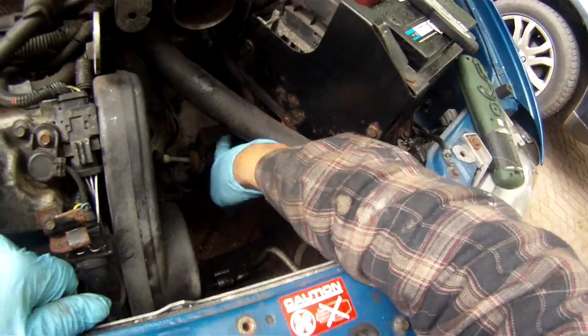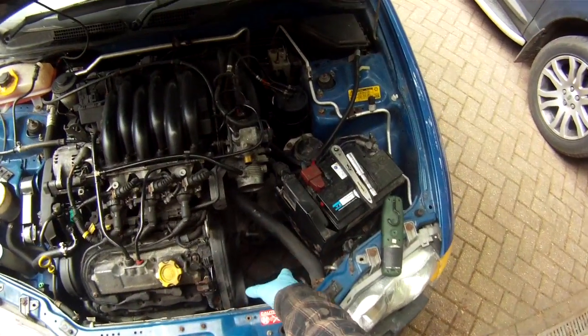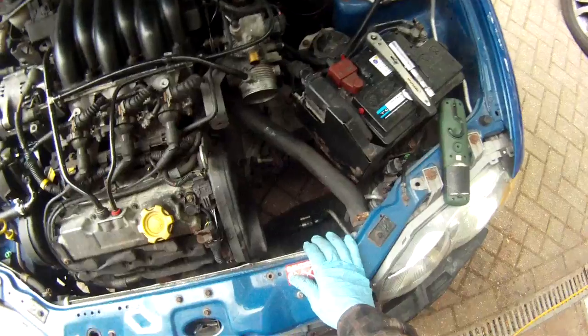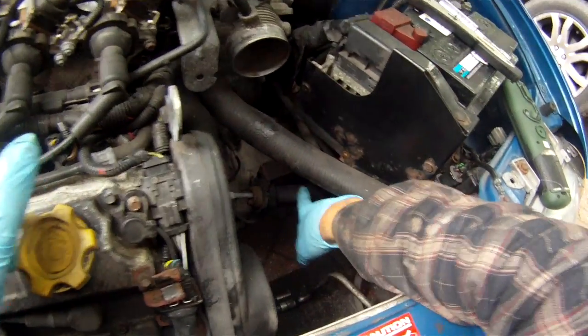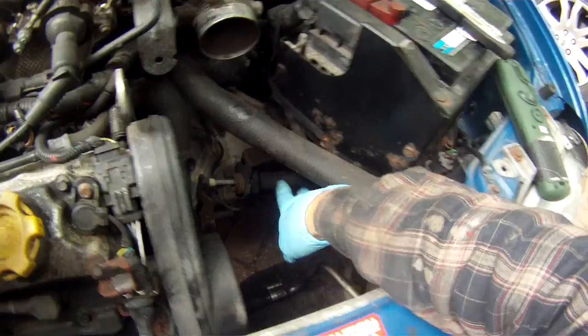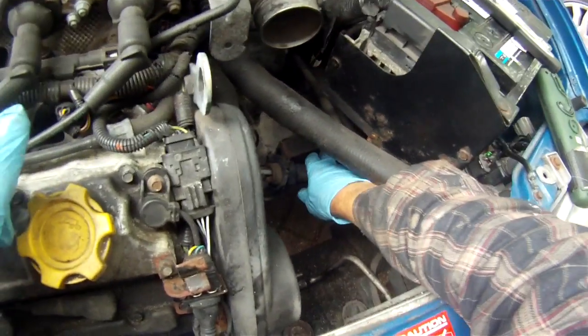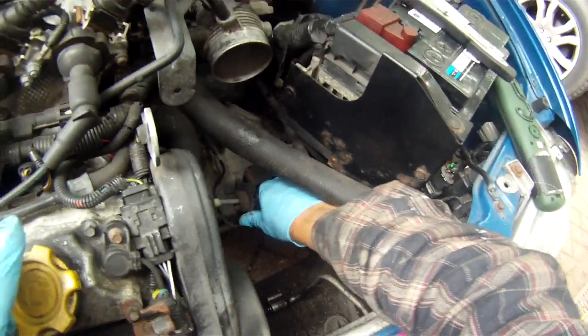It's basically this bracket. So if we just zoom out a minute, this is with the air filter box and inlet tube removed, air filter removed, and you then get access and see the clutch slave cylinder, which is this thing here. This one is actually not too bad, although I'm going to strengthen this plate before it starts getting bad. And even here you see the clutch cylinder is a little bit loose, and what you'll find is when